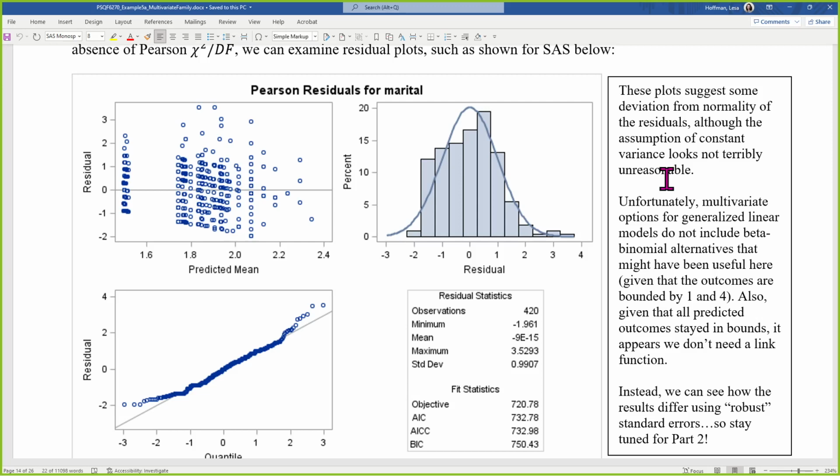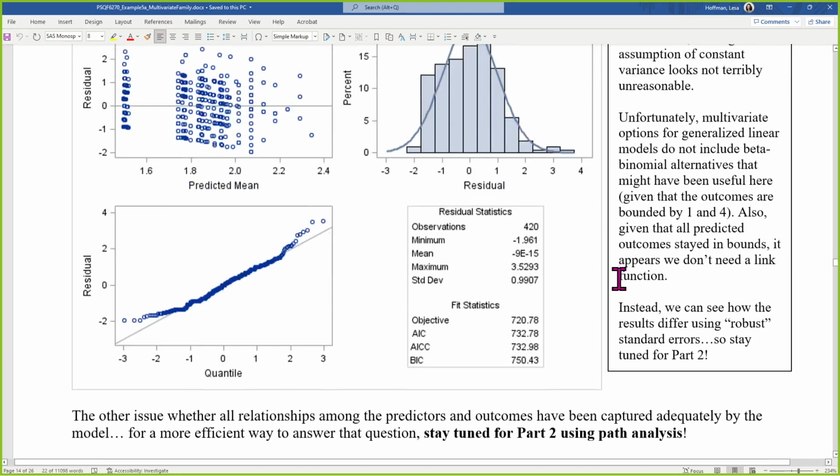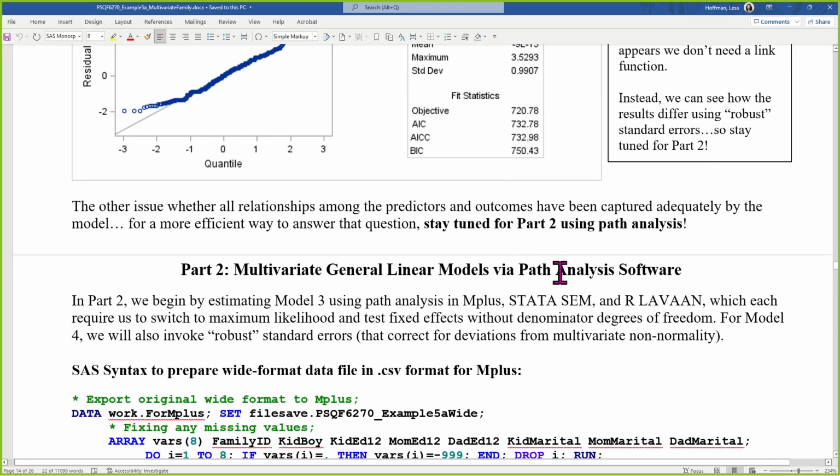And basically, if data are multivariate normal, there's a ratio of the first derivatives of the likelihood and the second derivatives that should follow some form. And to the extent that it doesn't, that difference is used to correct the fit statistics of the model and the standard errors for deviations from non-normality. So I will be using that instead in the second half of the handout, in which we do these same